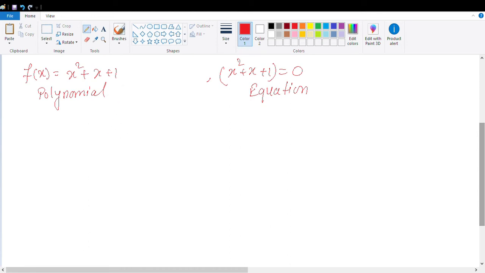Okay, now let's understand about the zeros. What I told you about the zeros, the same term we are going to use here for the roots or solution of a quadratic equation. So roots or solution means all those values of x, or the variable used, for which the polynomial of the equation becomes 0, or you can say the left hand side becomes equal to the right hand side.